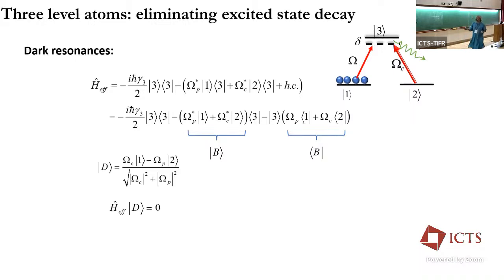You can right away construct an orthogonal state by putting this coefficient on this and that coefficient on that conjugate, and you see that if the Hamiltonian now operates, it's not going to do anything, because it was supposed to take the excited state from this state, right?